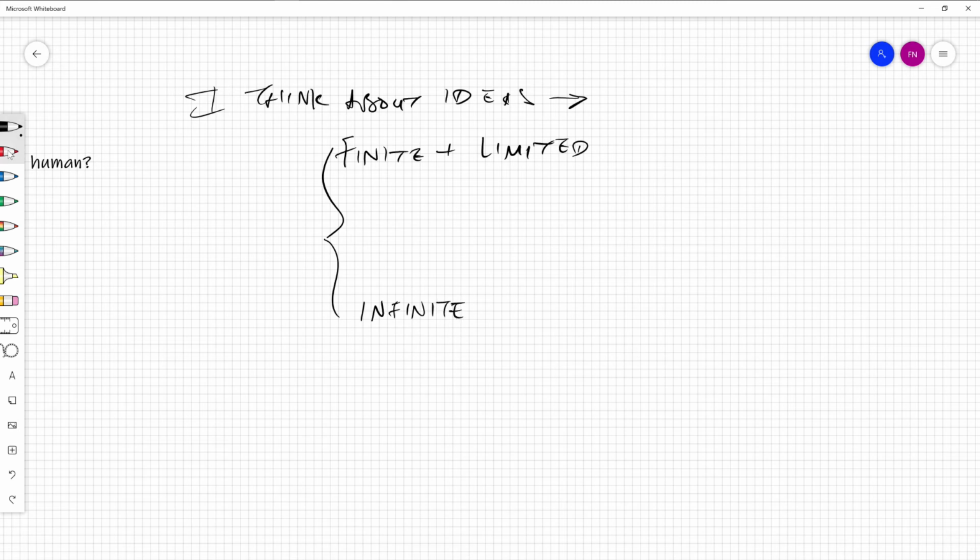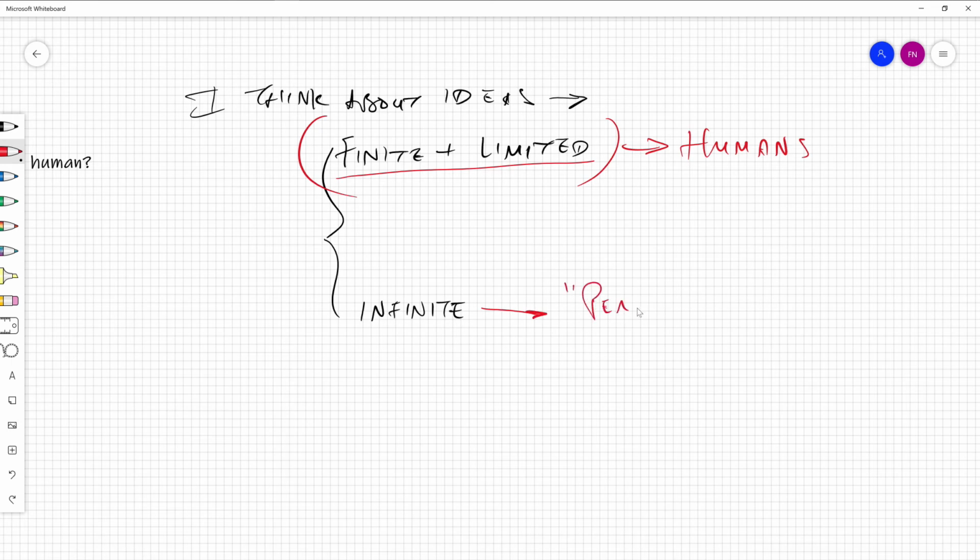His logic is really very simple. I'm a human being, and therefore I'm finite and limited. Because of original sin, I'm guilty and limited in how I perceive the world. But yes, ideas which are finite and limited can have their origin in humans. But I also have ideas which are different. For example, the perfect island. Well, if I'm imperfect, how can I possibly conceive of anything perfect?